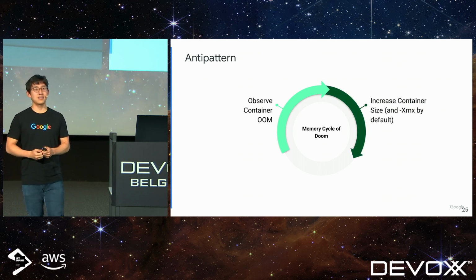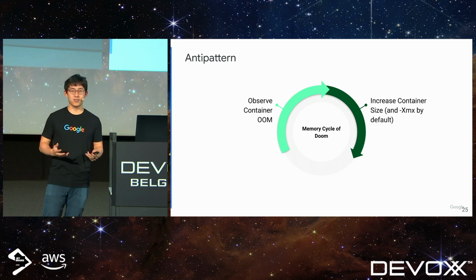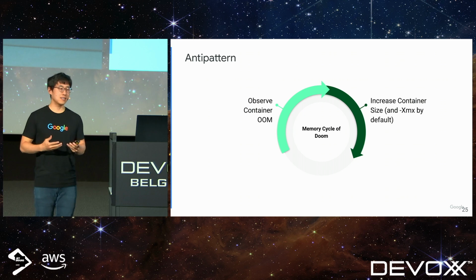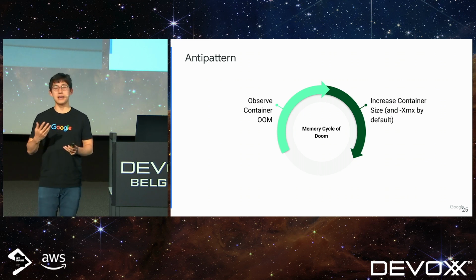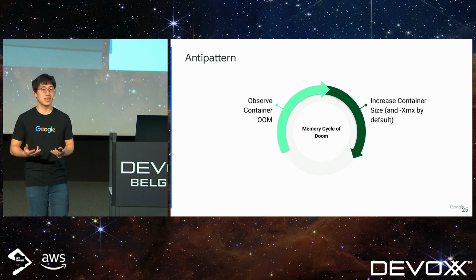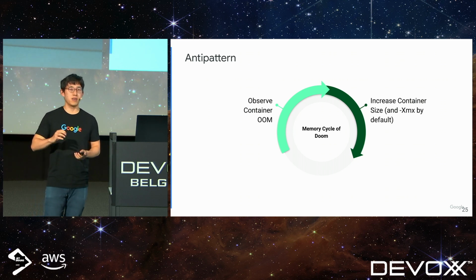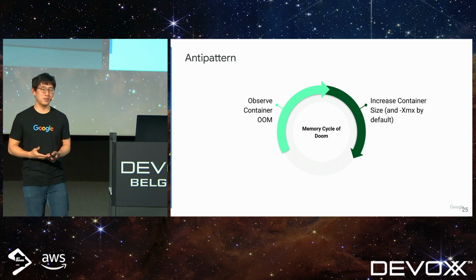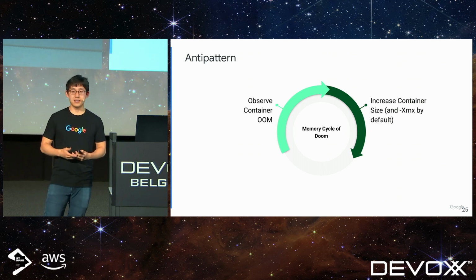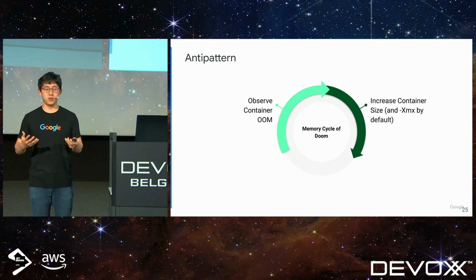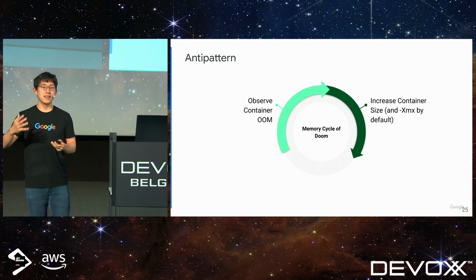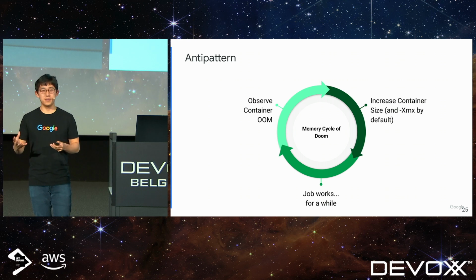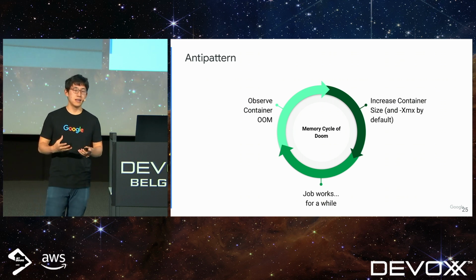But the problem with this approach is that by default at Google, the way we have our configuration set up is that if you increase the size of your container, it also increases the XMX by the same amount. And this is not well understood by a lot of Java developers because it's sort of unintuitive, but this is how it is. And so we notice that these job owners will increase the size of the container, the XMX increases by the same amount. And while this is a little bit better because it relieves some of the memory pressure,